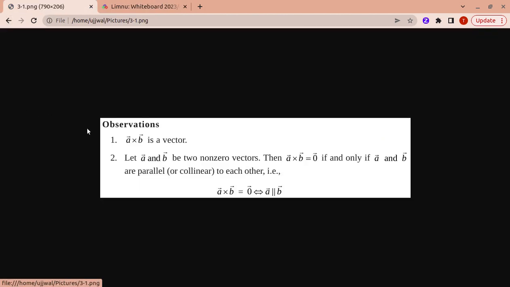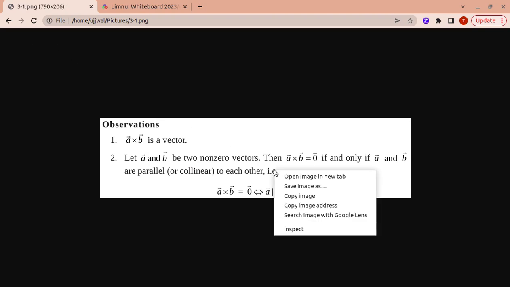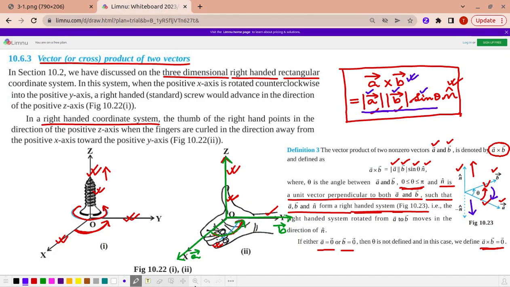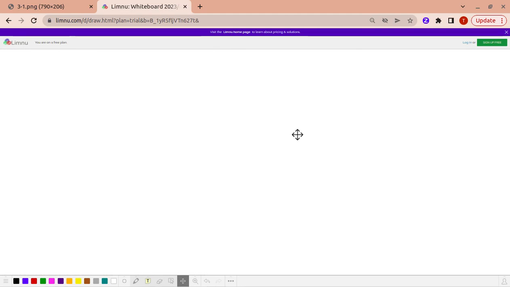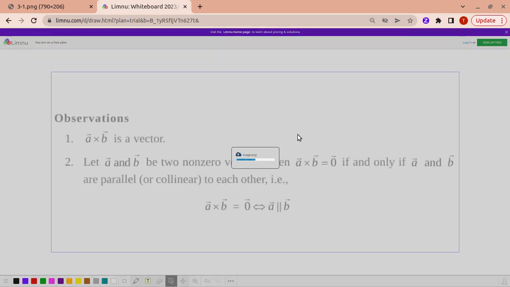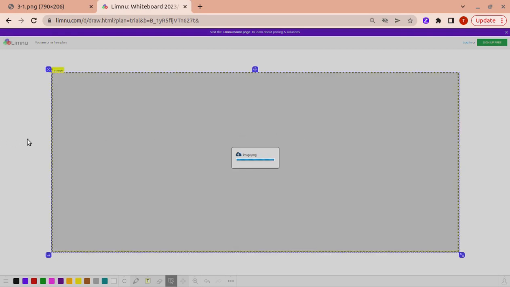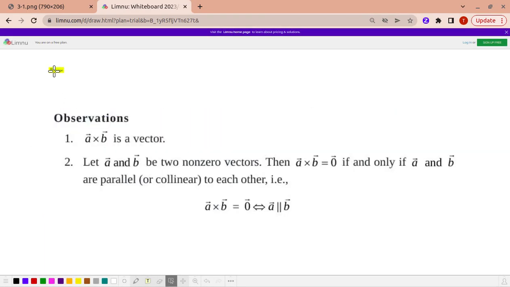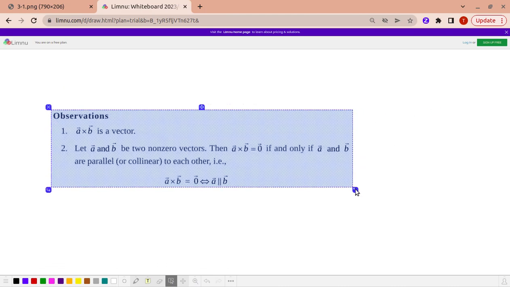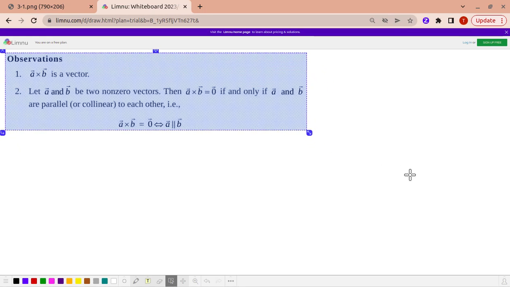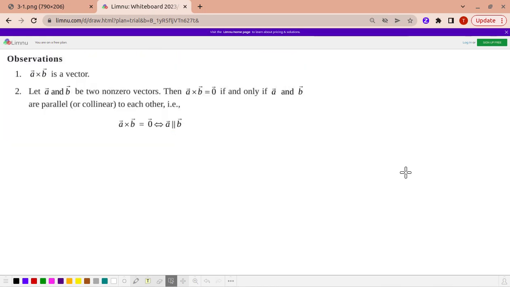Now let me proceed to a few observations, and these observations are very important both to understand the concepts we have done, and also to solve problems based on cross product. So the first observation, let me first place the note properly in front of you and then I will explain. Okay. The first observation, A cross B is a vector, and I just explained why it is a vector, because I can tell you once more